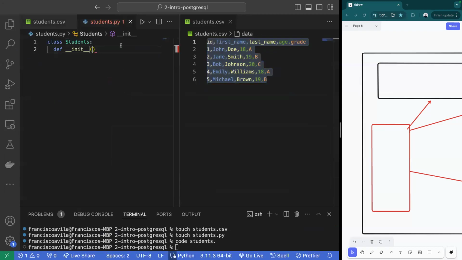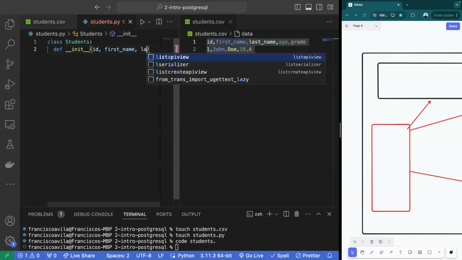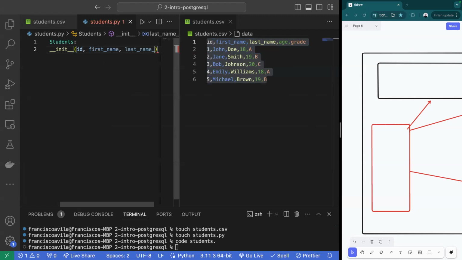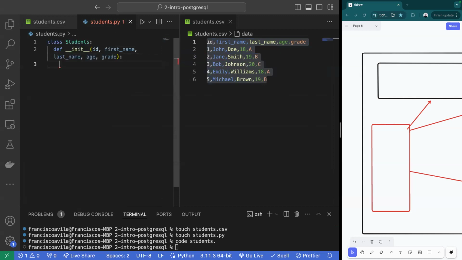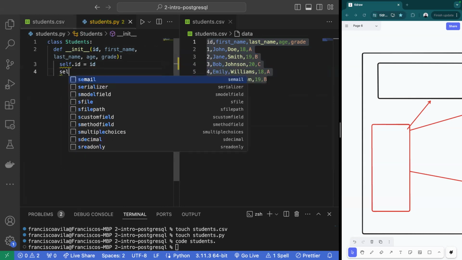So obviously you're going to want the ID, a first name, last name, age, grade. I'm not going to worry right now about getters and setters or making things private. Let's stay within the scope of this project. Let's focus on Postgres. Okay, and then self.id equals id and so forth and so on for all of the